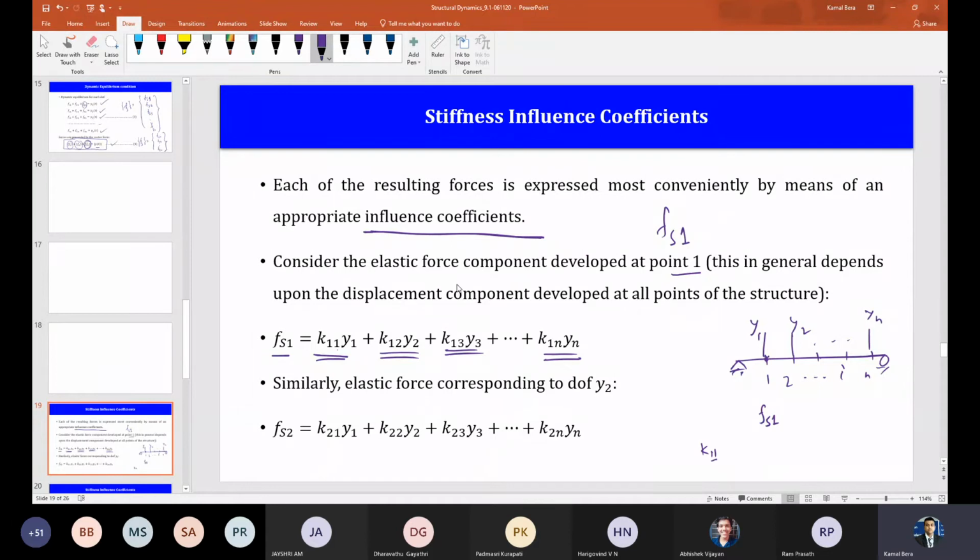Okay. So what is K11? K11 indicates the force at coordinate 1. Try to see it. Okay, I'll write it bigger. K11: the force at coordinate 1 due to unit deformation at 1 with all other coordinates restrained. That means there is no displacement on all other coordinates, 2, 3, 4, 5 till n. I am providing only unit displacement at node 1 or coordinate 1, and I am checking what forces are generated at coordinate 1. So that is called K11.